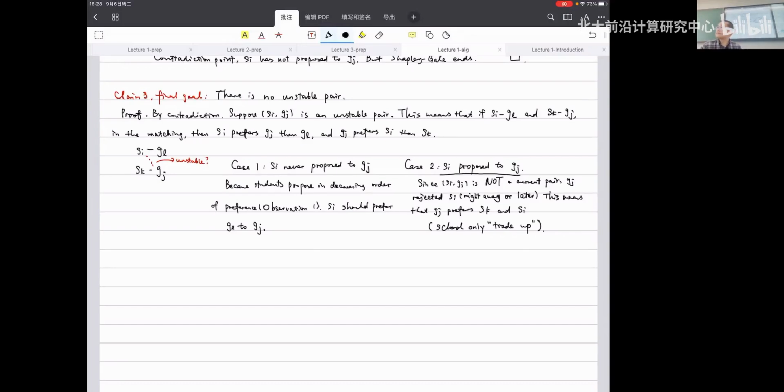This all works for students and schools, at least not the original version of the Gale-Shapley algorithm. The student asked about whether there are an equal number of schools and students. I guess at least there is going to be an issue. I think it got stuck.